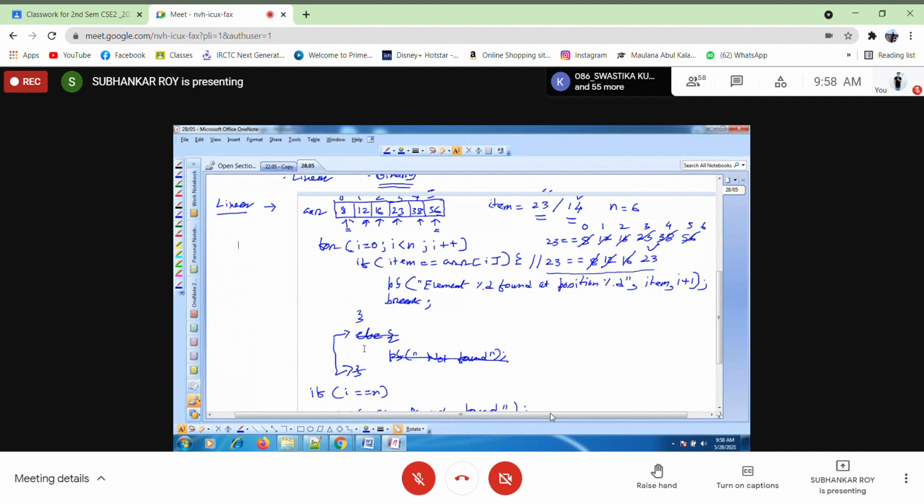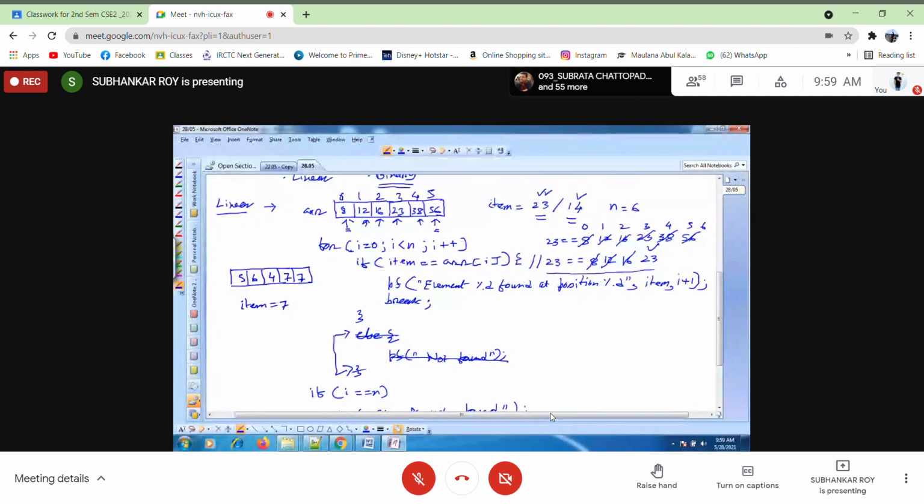Are you getting my point? It depends on the question, but in case of searching, they're usually asking to find the first element. Suppose an array is, for example, 5 6 4 7 1 7 2 7, with indexes 0 1 2 3 4, and you want to search item 7.